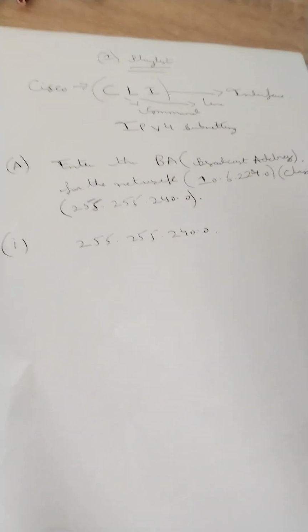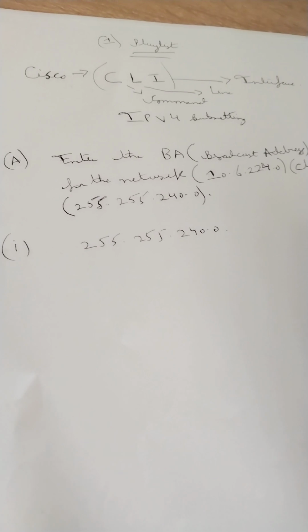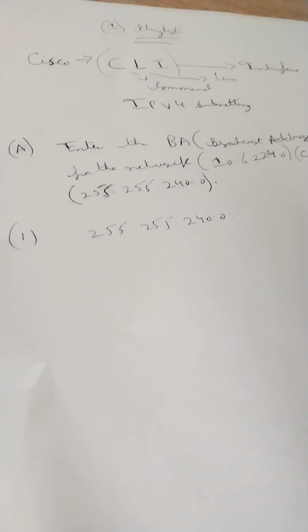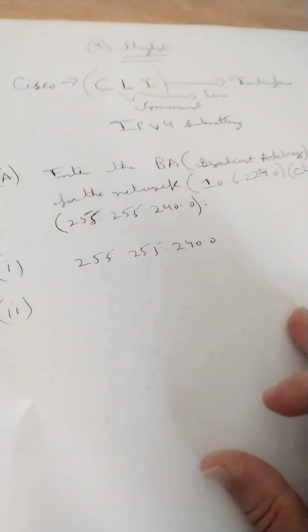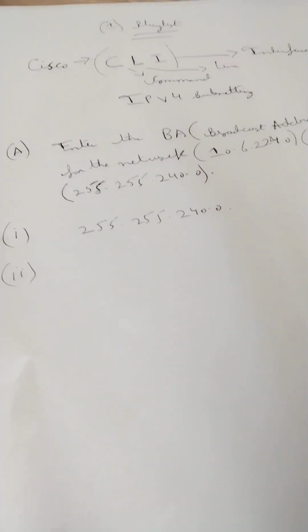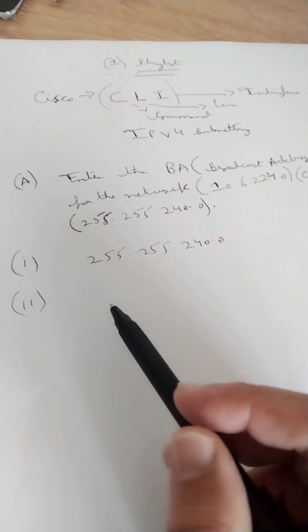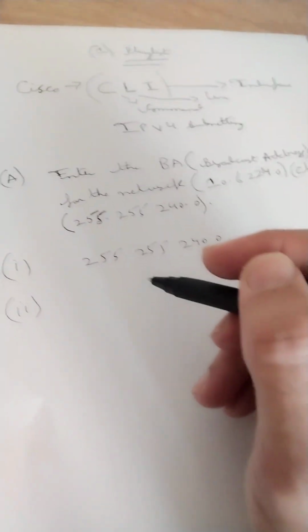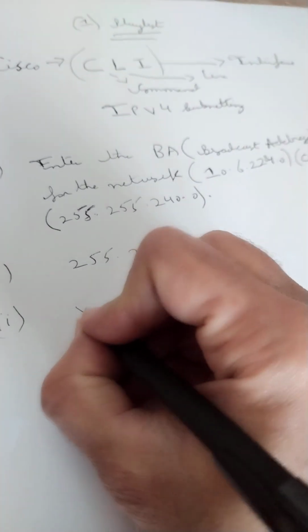So right here in this scenario, we have been given the subnet mask 255.255.240.0. Usually, this is my own way of explaining IPv4 addressing. If someone has a better way, they should stick to that one, and if someone relates more to this one, that's fine. It's no problem. So what we will do is apply